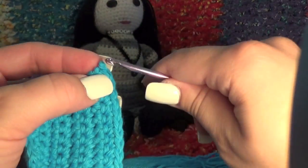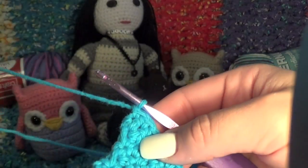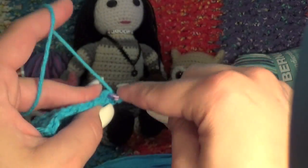So when you get to the end, chain 9, I'm sorry, chain 9. Okay, when you get to the end here,